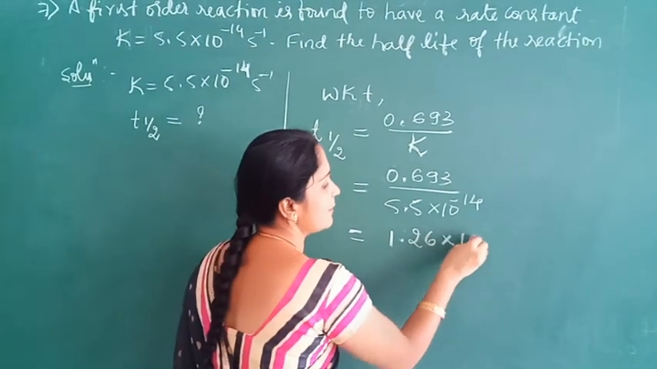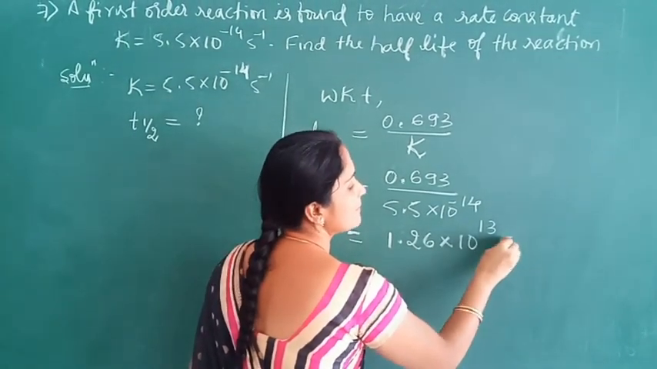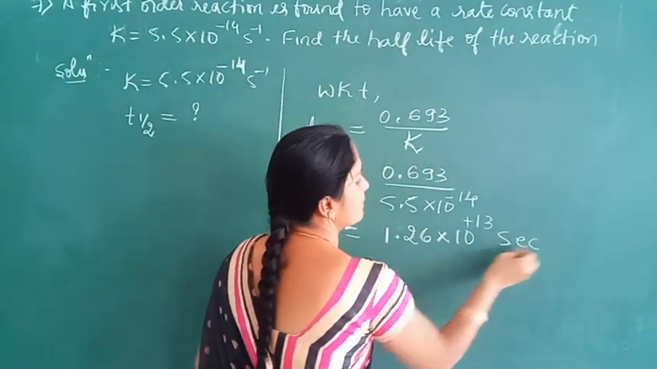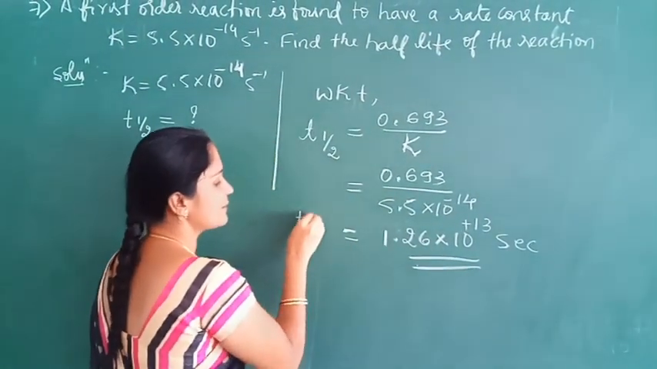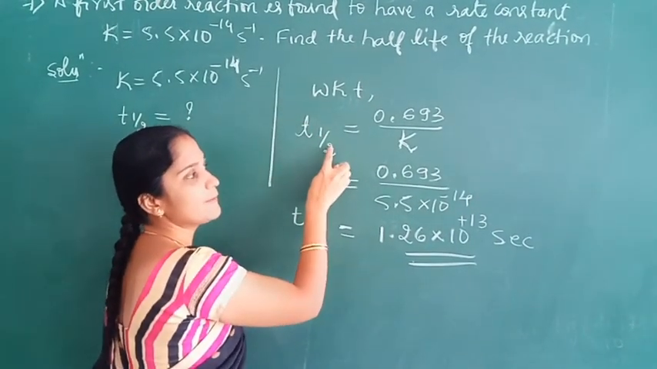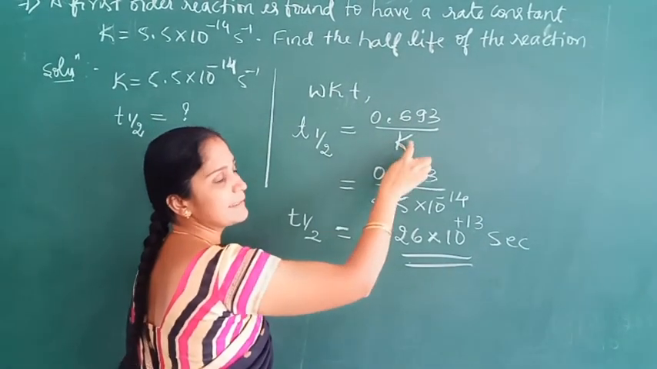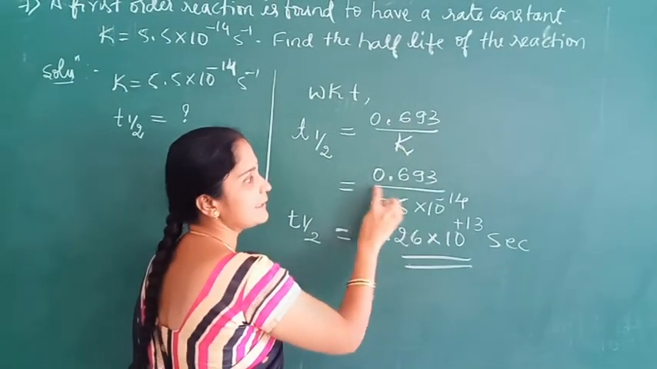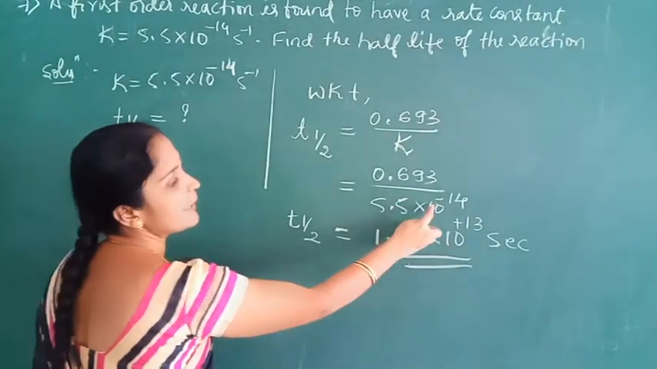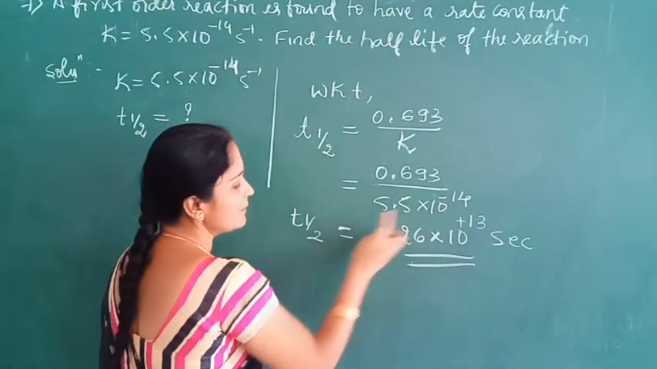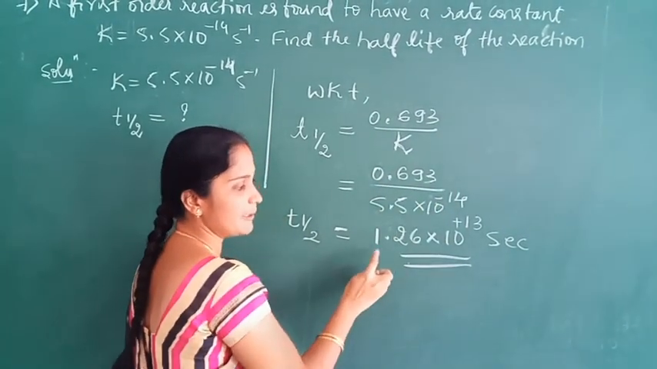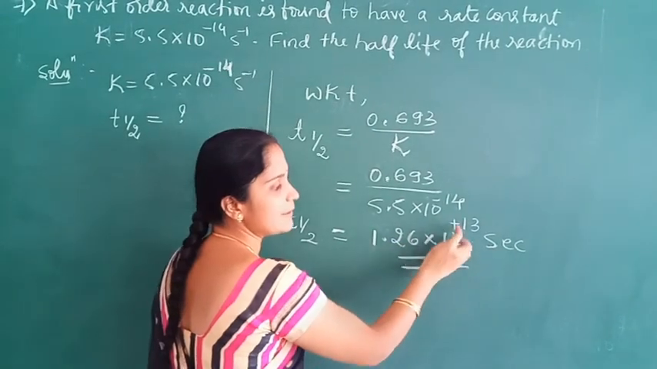1.26 into 10 to the power of plus 13 seconds. So this is the half-life period for a first order reaction. The half-life period for a first order reaction equals 0.693 by K. So 0.693 divided by the rate constant value 5.5 into 10 to the power of minus 14 per second becomes 1.26 into 10 to the power of